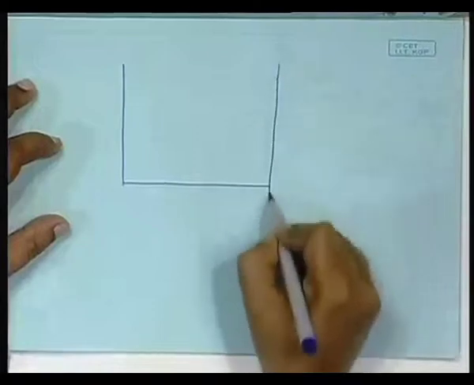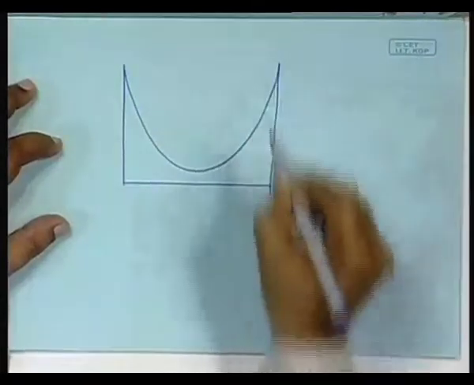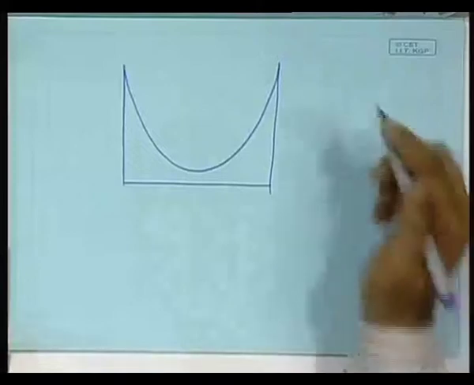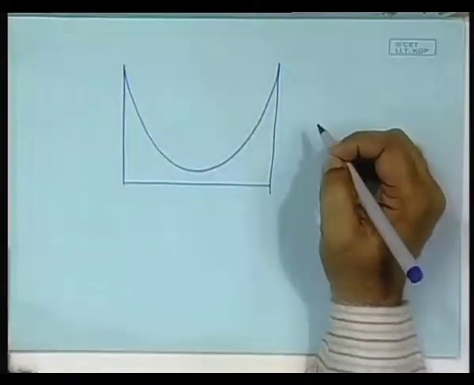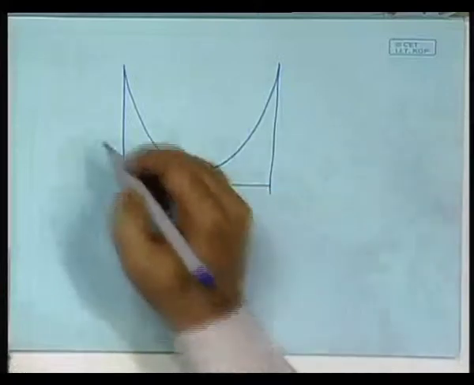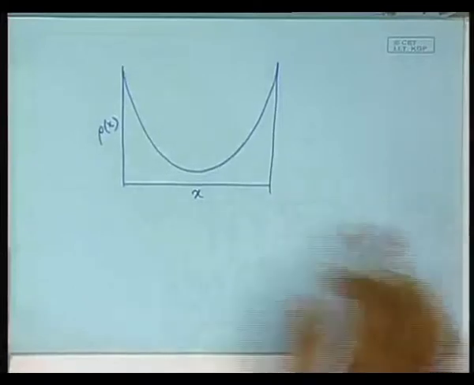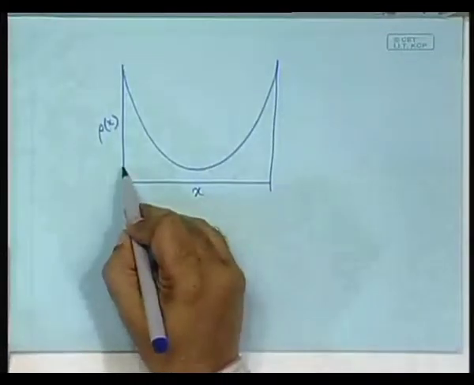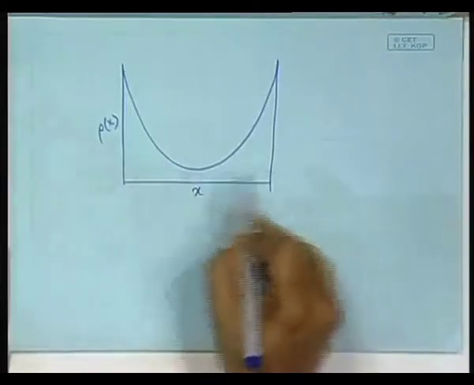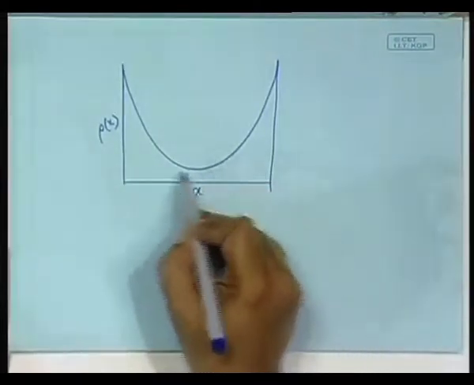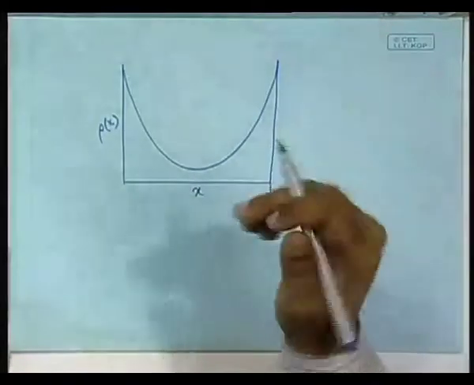Now, you might ask, what use is this function? If you do this exercise with the logistic map, you will find that you are landing on a function like this. Here is the rho of x and here is x. That is the density, which means that the density is higher on the two sides near 0 and near 1, and in between it is low. If you actually do this exercise, you will find it.